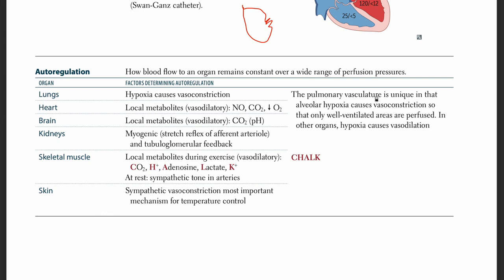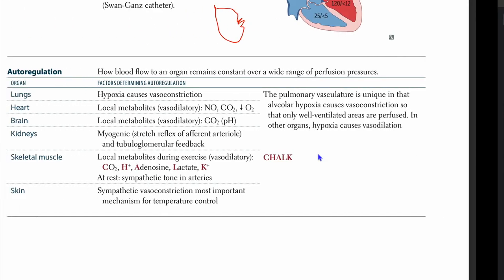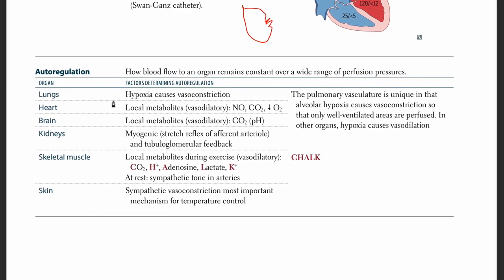The pulmonary vasculature is unique in that alveolar hypoxia causes vasoconstriction so that only well-ventilated areas are perfused. In other organs, hypoxia causes vasodilation. How much time left? 4 minutes. Okay. So this is important to know about the lungs because this is the only organ where hypoxia causes